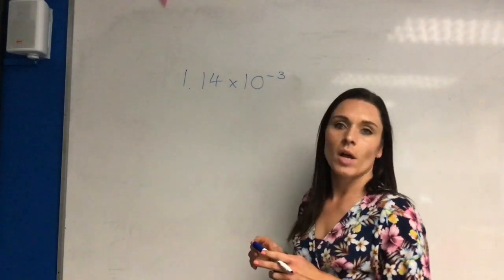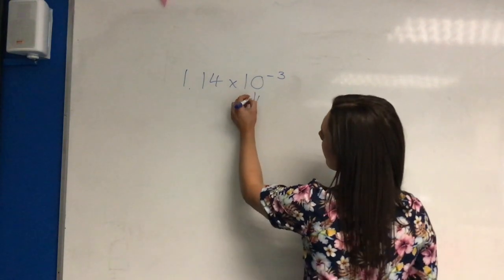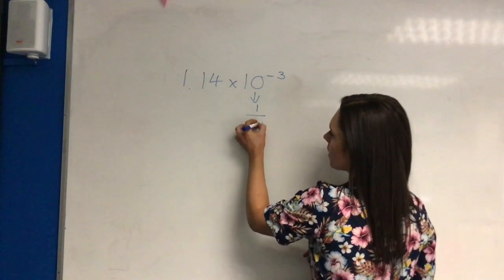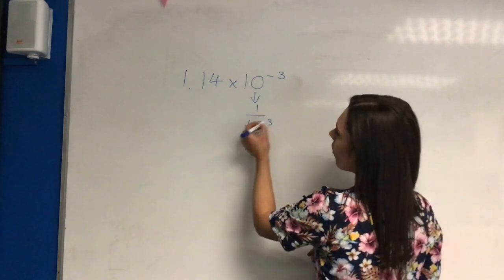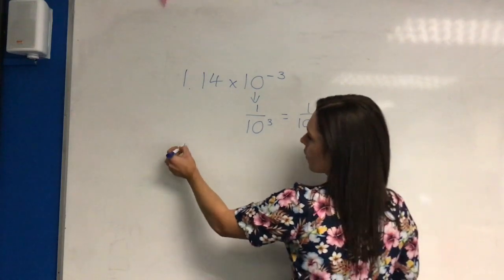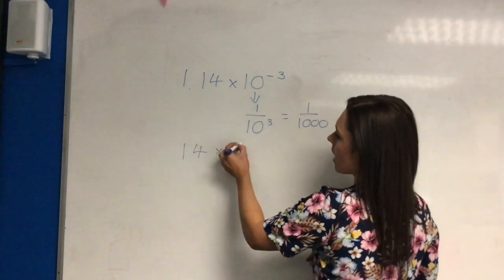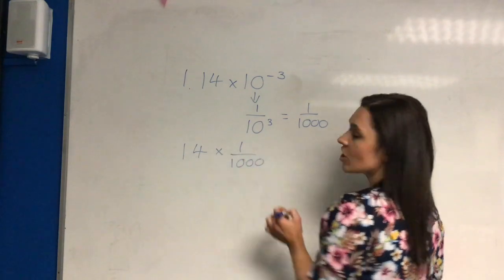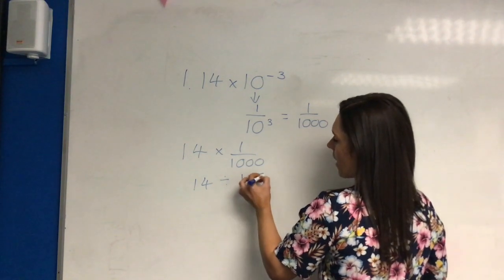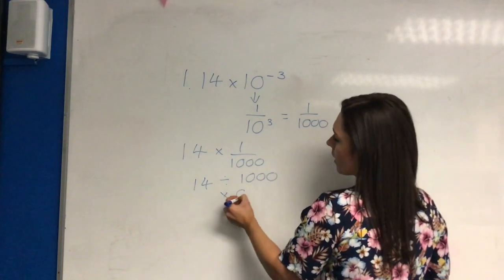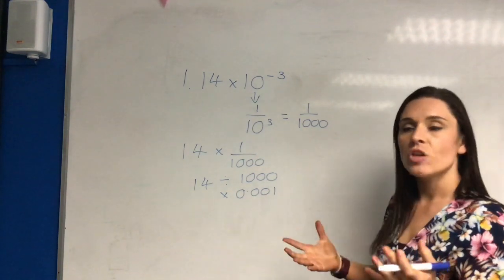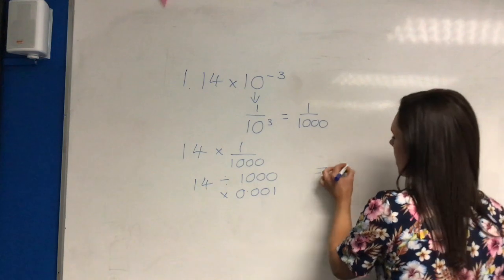14 times 10 to the minus 3. Hopefully you remembered that 10 to the minus 3 is 1 over 10 cubed, and we can write that as 1 over 1,000. So the question is asking us 14 times 1 over 1,000, which is the same as saying 14 divided by 1,000, or times by 0.001. Either way is fine, whichever you prefer, but the answer would be